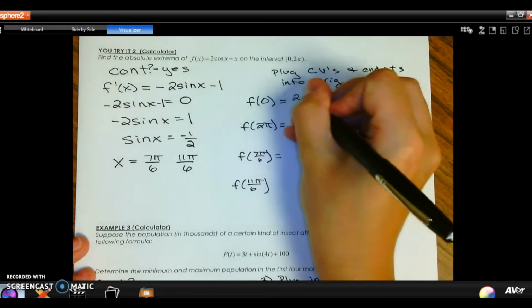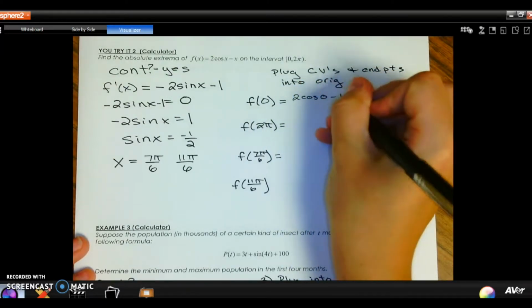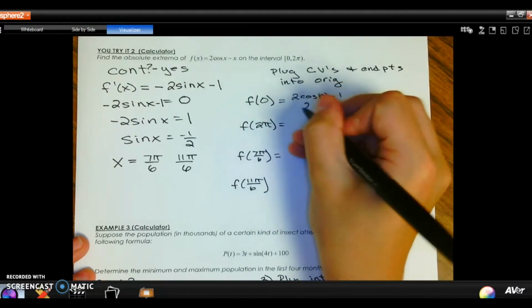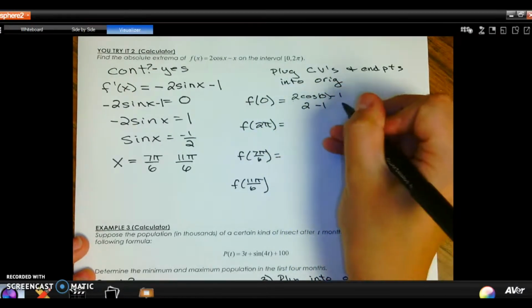Well, that's 2 cosine of 0 minus 0. Well, the cosine of 0 is 1. So you get 2 times 1, which is 2, minus 1. So for this one,